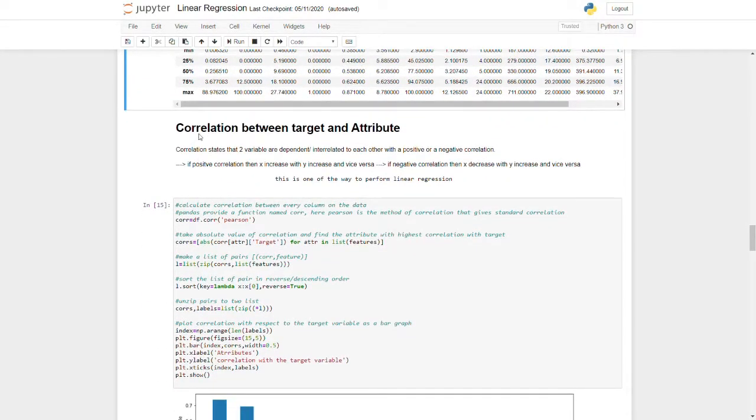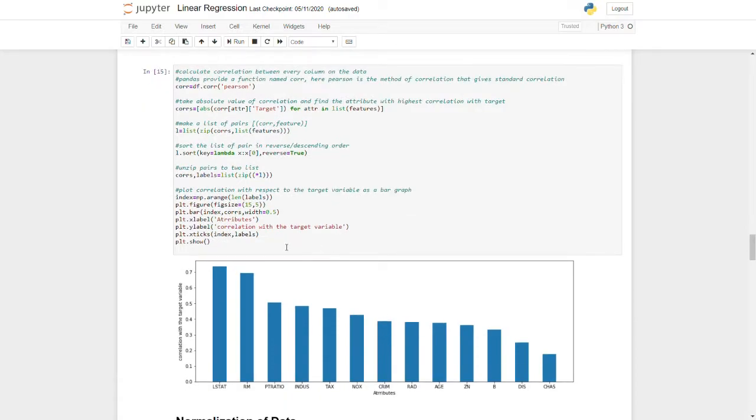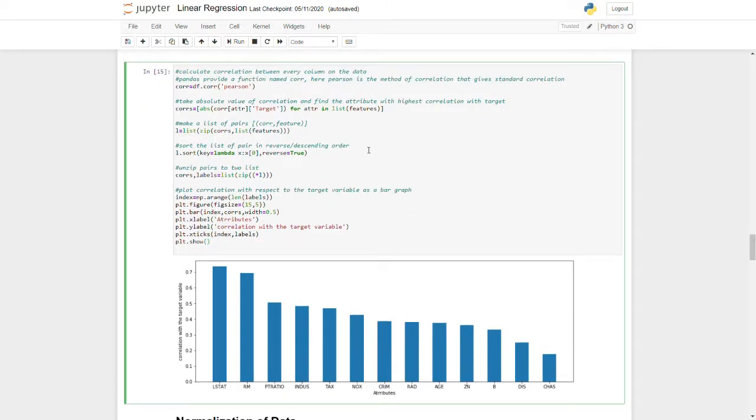And then we found the correlation between the target and the attributes. The correlation means the value which is most related to the target, that is, the value which will be most useful in finding whatever we are achieving here, that is, the future target, the prediction of Boston housing.